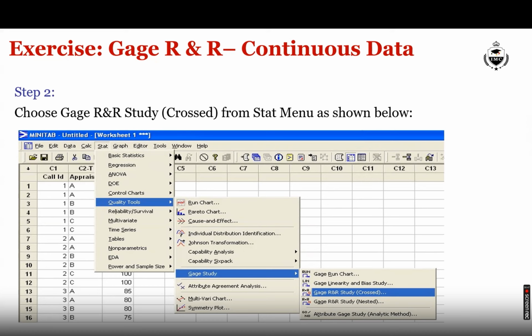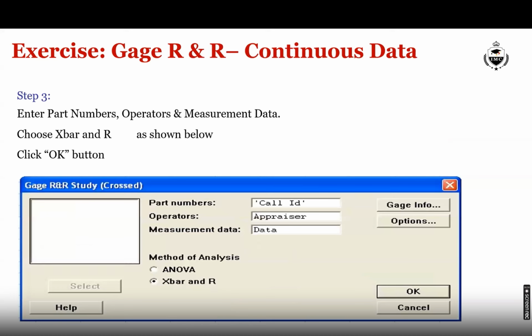Whenever the same data is measured by multiple people at the very same moment, we go for a crossed measurement system analysis. Then the part numbers we select from the left: call ID, operators: appraiser, measurement data: data. And we select the method of analysis X bar R because we want to check the mean and the range, that is how much is the variation.